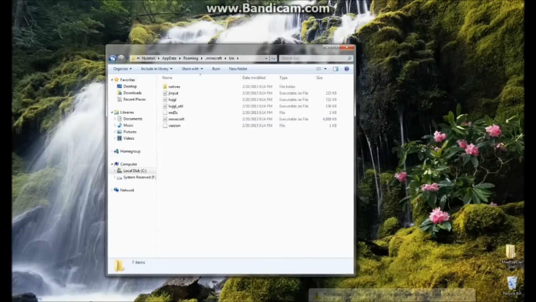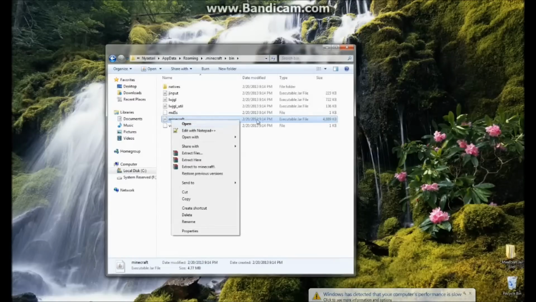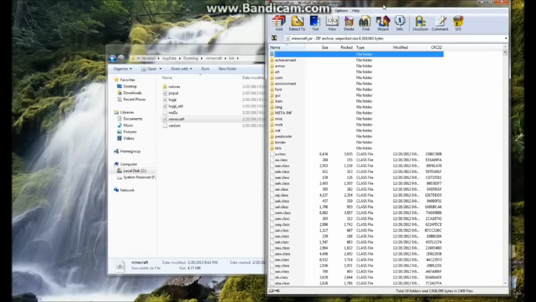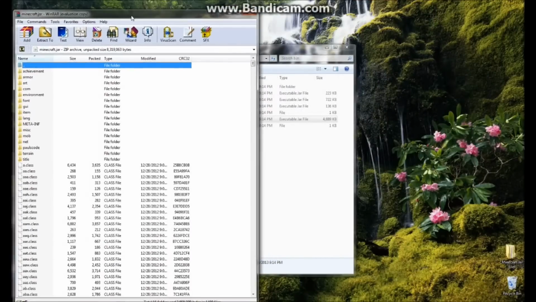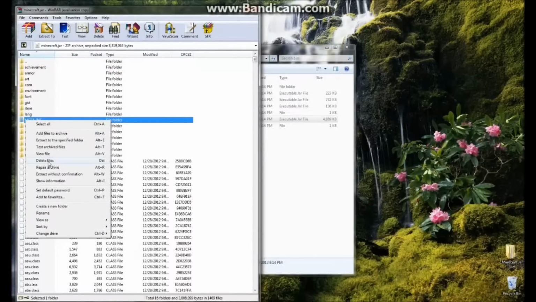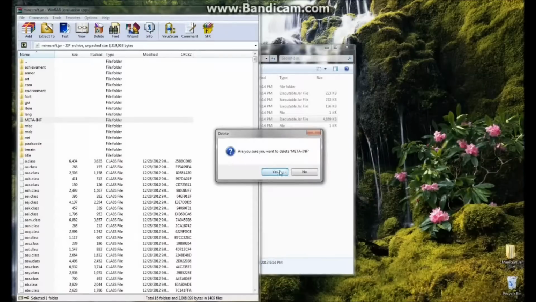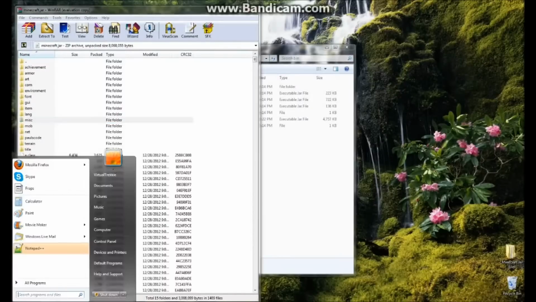As far as an archiving tool, I mean like WinRAR, WinZip, or whatever. So in your Minecraft folder, you go to bin. You right-click Minecraft, the executable jar file. Open with WinRAR Archiver. I usually move this over to the side so it's a little bit easier. I don't know if it's still required, but I always delete the META-INF. It's in capital letters. It's hard to miss. Just delete. I know it doesn't seem to affect anything anyway. So I delete that. Then I go to my downloads,